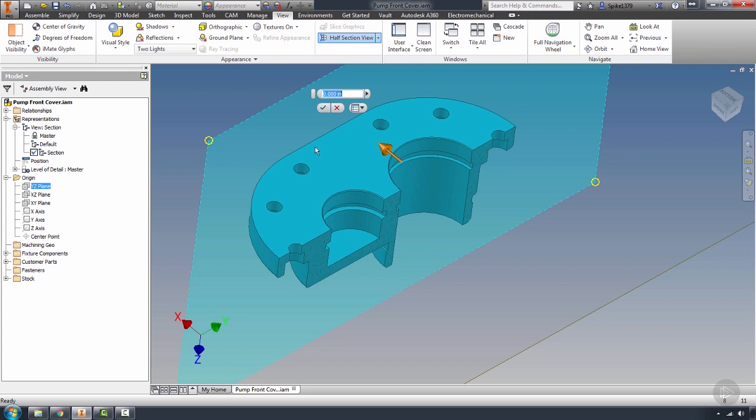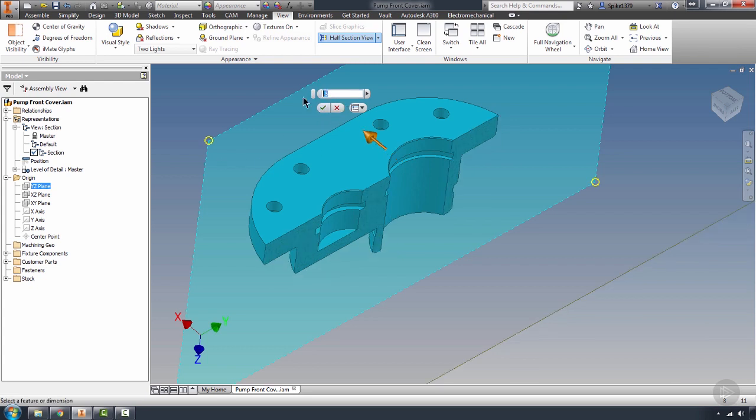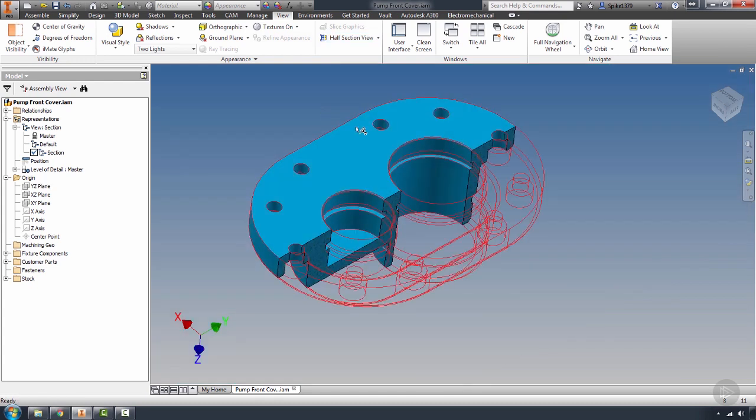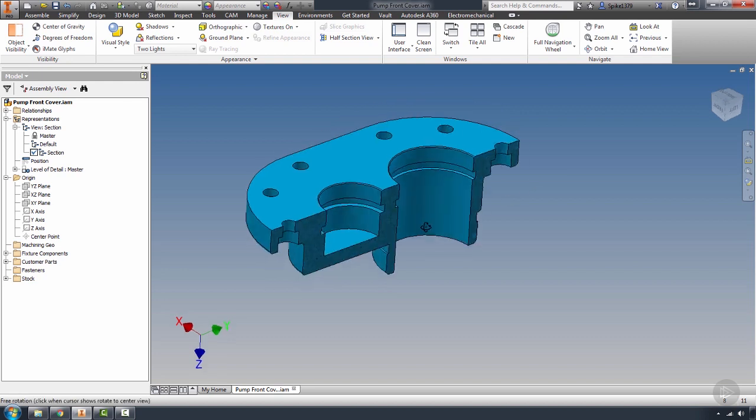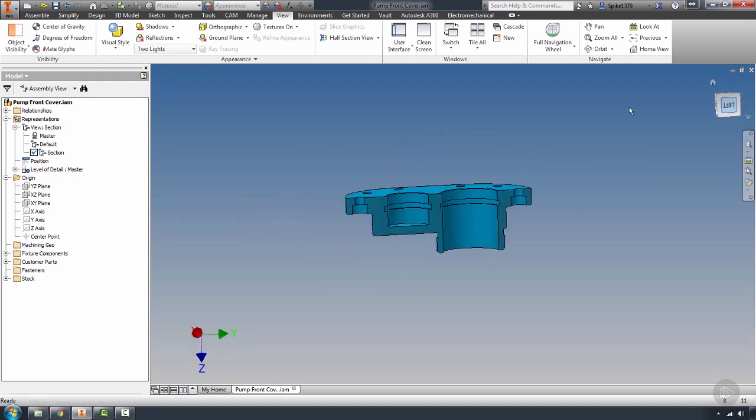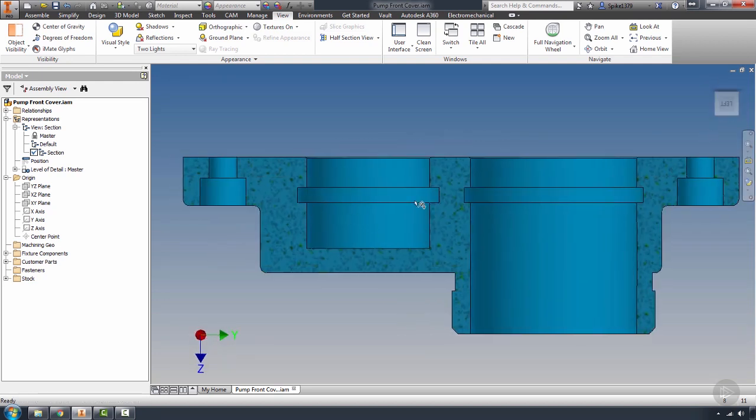Now you can move this back and forth, and you can set this however you want. So if I do by a ½ inch, it's going to go ahead and push that plane a ½ inch out. I want to go 0. We want to be exactly half. Now I have a perfect cut representation of that part, showing me all the internal geometry that I want to be able to machine. So now that I have that view set, I want to actually save that view's details